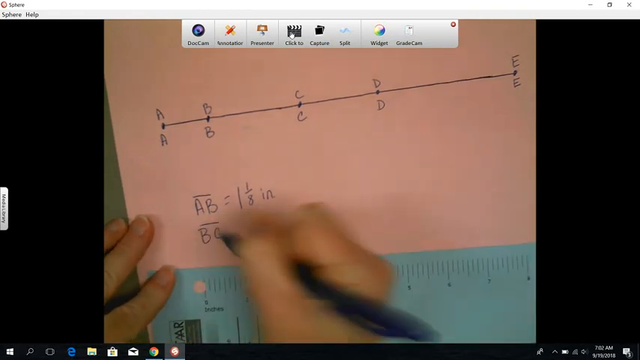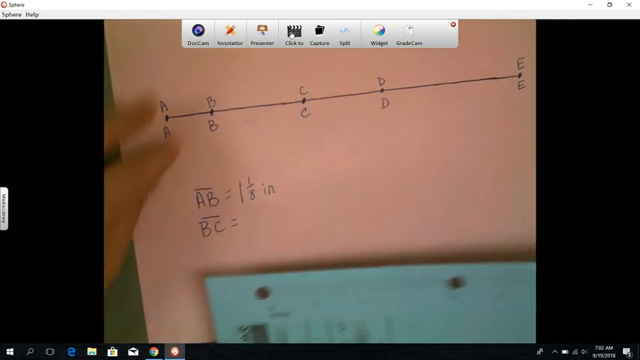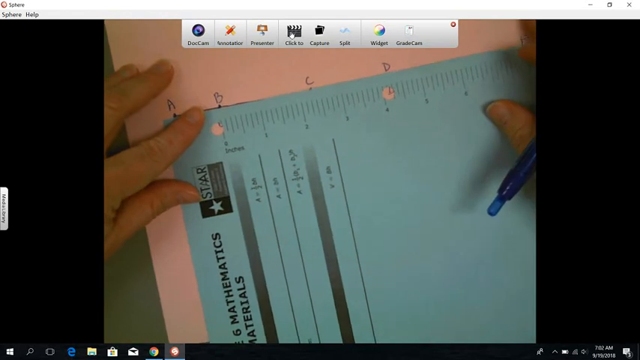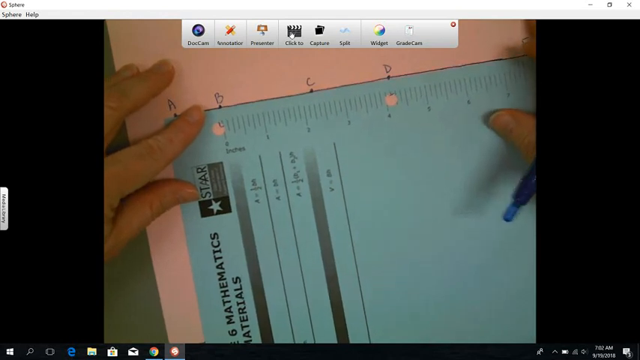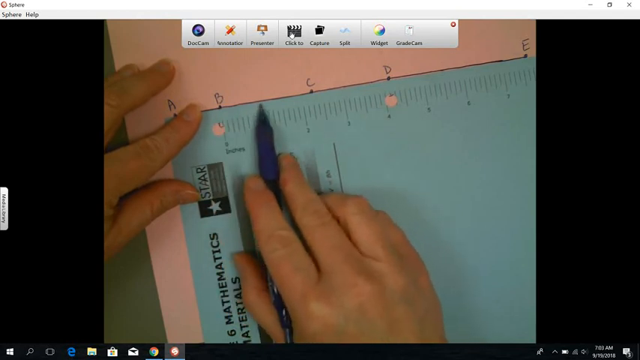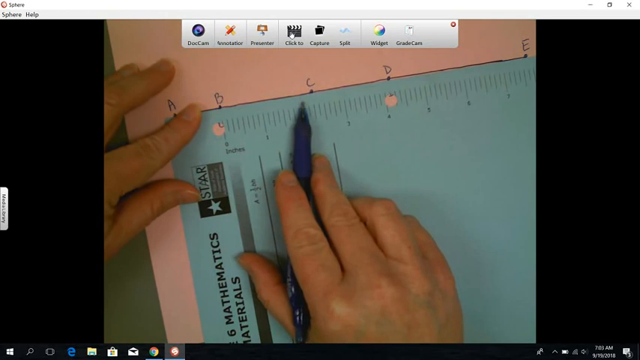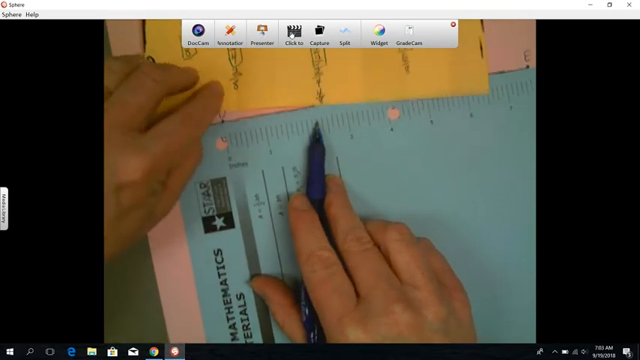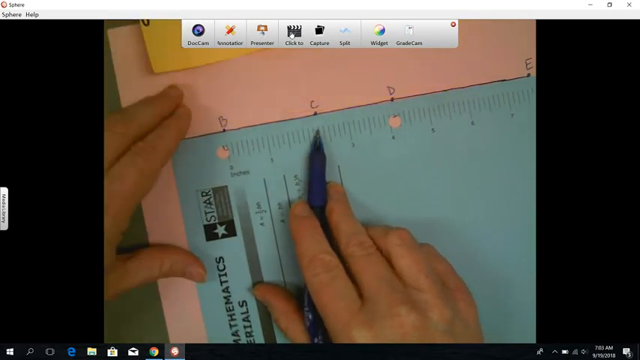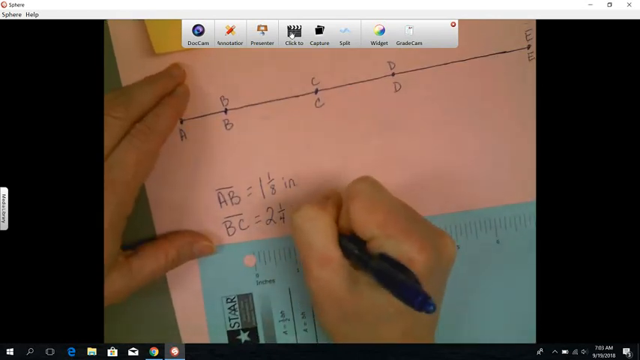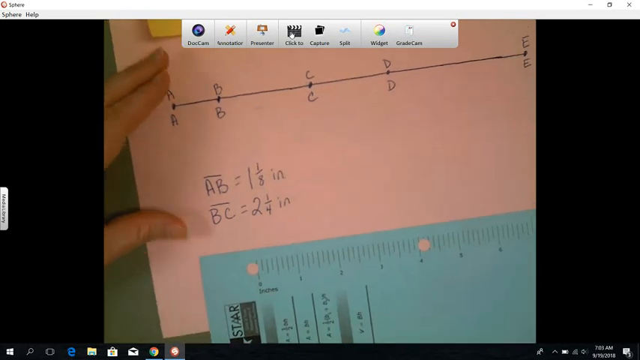BC. So that means for BC, I need to line up my 0 with the B, and I'm going to measure to C, which is right down here. So I lined up 0 with B. I've gone over 1, 2 inches, and then 2 more sections. So it'd be 2 2/8, but I don't say 2/8 because 2/8, remember, is the same thing as 1/4. So it would be 2 1/4 inch. Okay. Let's try